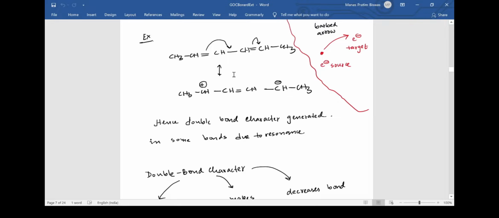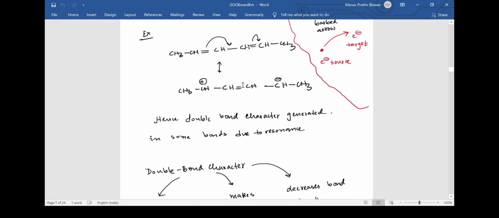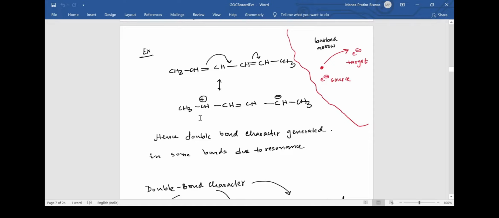I just told you how it happens, and once you can draw the resonance structures, and I assume that you know the very basic steps of drawing resonance structures. When you draw the resonance structures, if this bond breaks, then here first there was an electron, and now the electron has gone from this carbon. That means that this carbon becomes positively charged, and here the electron was shared, but now this bonded pair of electrons is solely upon this carbon, and that is why this carbon becomes negative.